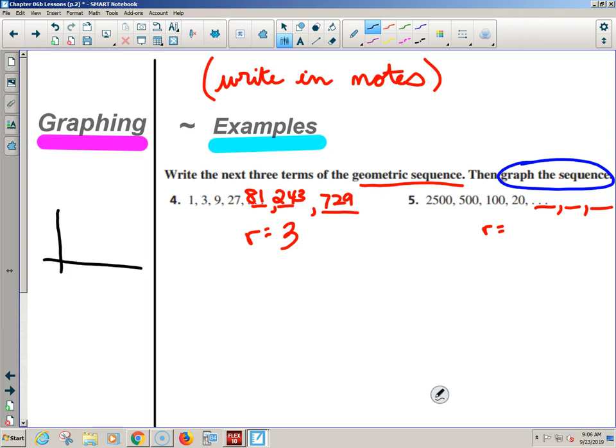Yeah, kind of. Levi's saying that we need to make something for x, and that's actually really good. I want you guys to realize that all of these are really your y's. All of these are really your y's. So when you're graphing,